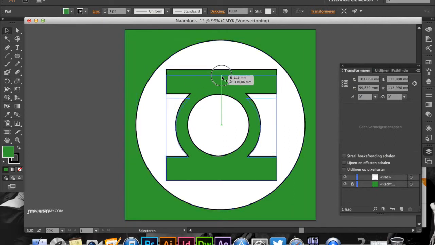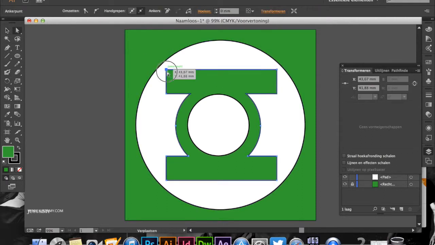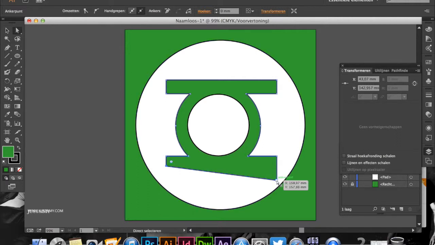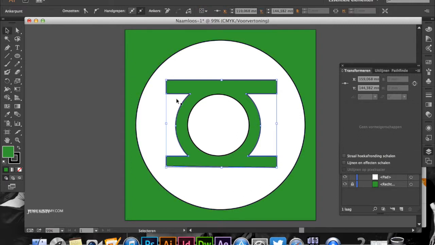Well, funny, because you can change that anyway. So we just go in here and select this point. Put it more down. Get this point, put it down. At this point, double click it, by the way, and get it down, and get this point, and get it down. That looks better. And now we can just select it and make it bigger again, because it seems like it should be bigger,